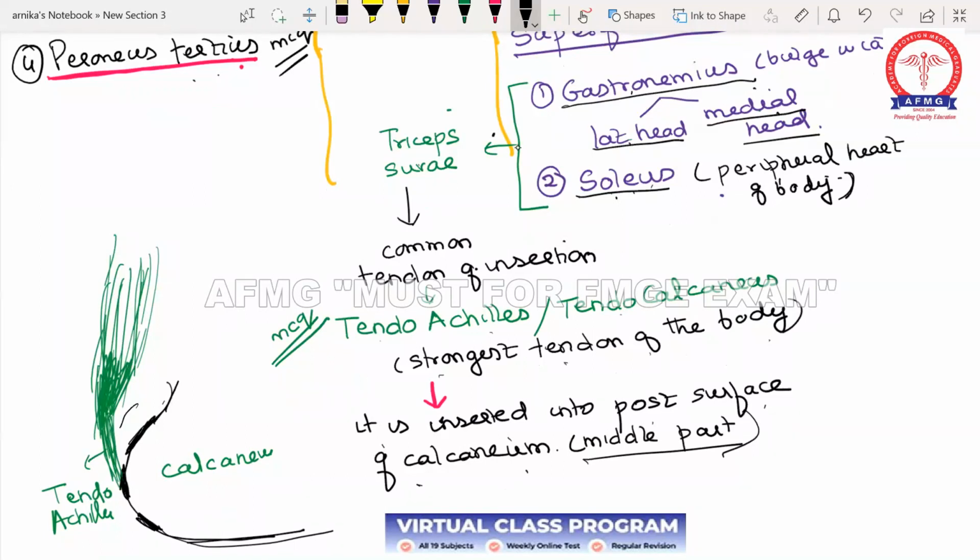The upper part is covered by bursa, and the lower middle part is here. Now if you come here,